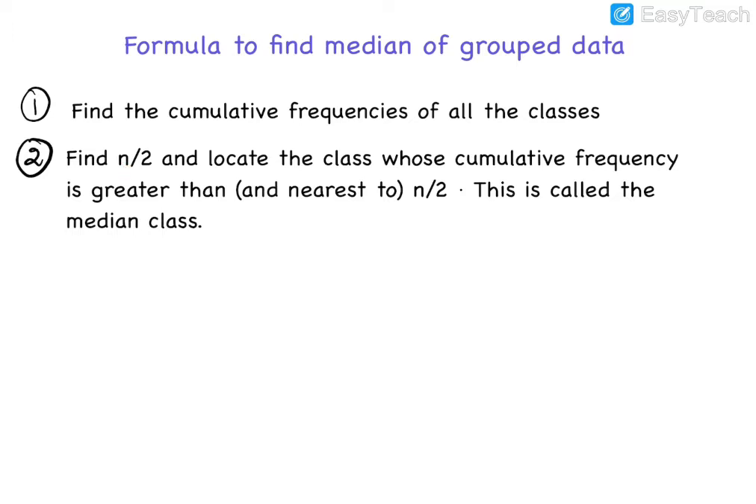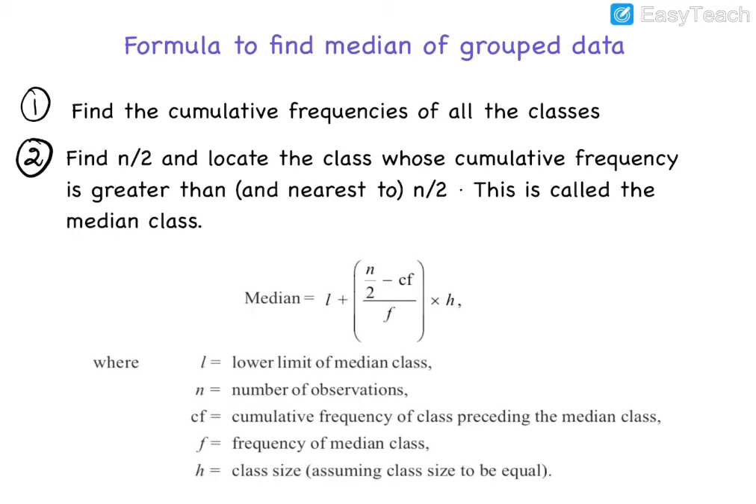What does n denote here? It is the total of the frequencies, or total number of observations. Once we have located the median class, then we can use the formula to find the median, which is given by L plus in brackets n upon 2 minus Cf divided by F multiplied by H. Here L stands for the lower limit of the median class,